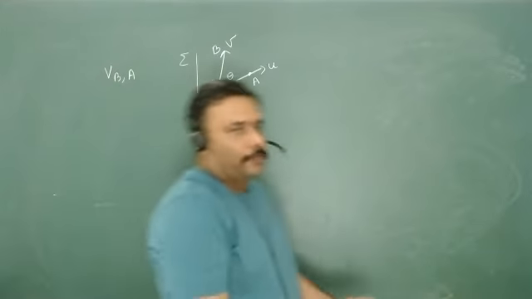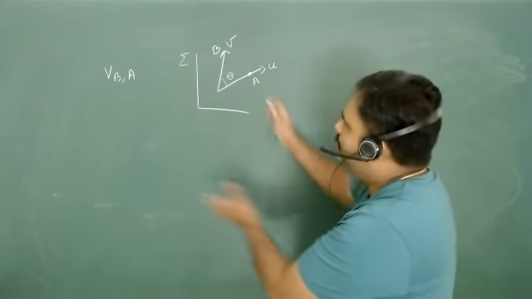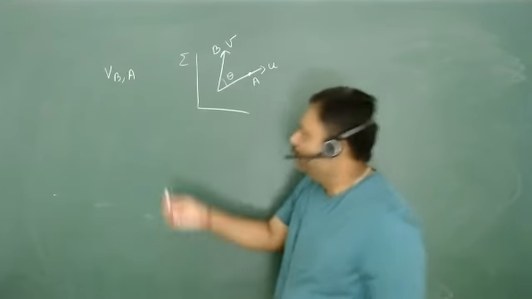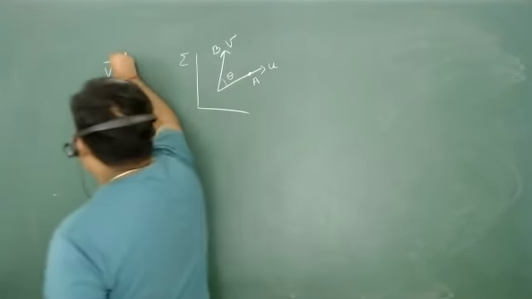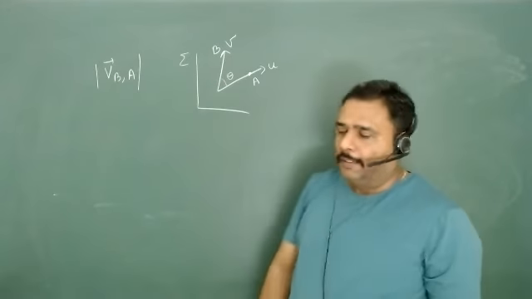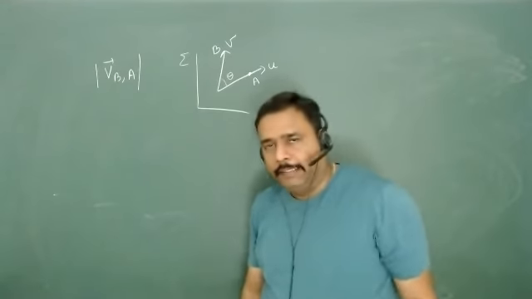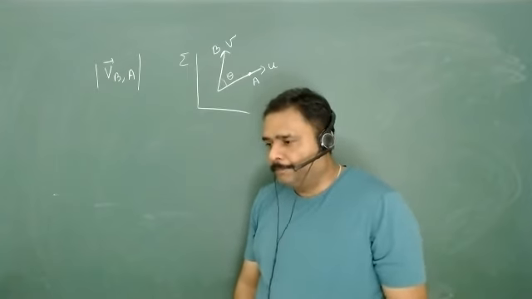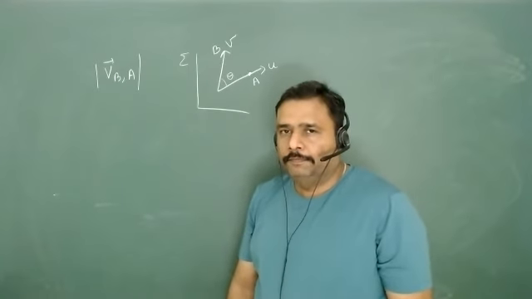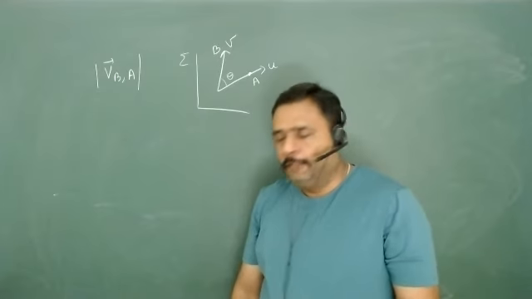How will we approach this thing? This is very interesting. Not any X, not any Y, nothing is given. So actually, we just have to calculate what will be the speed of B with respect to A. Okay. How will we approach it? Can anybody give me a hint? How are we going to approach it?